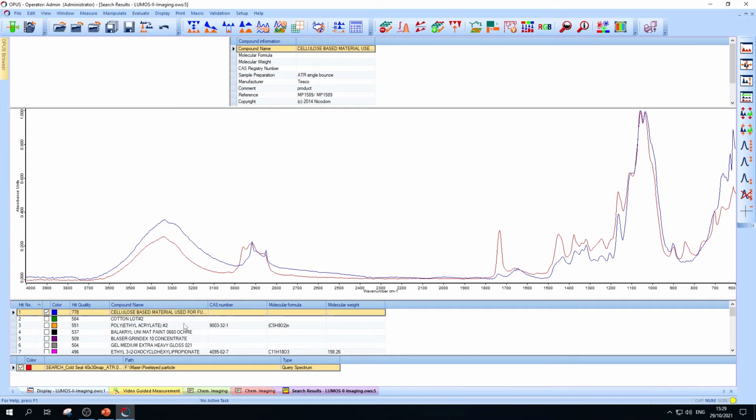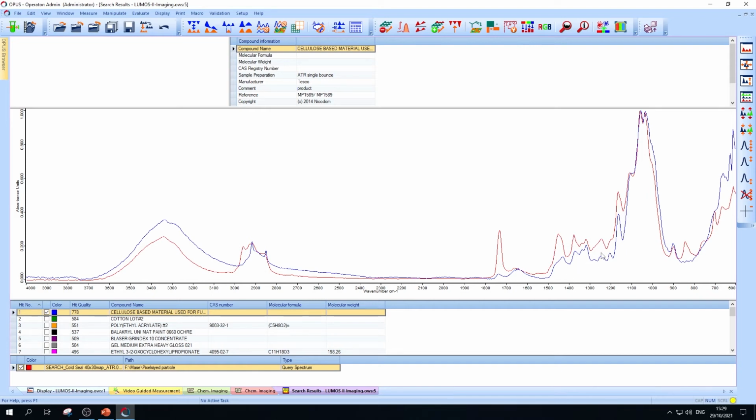Red is the measured spectrum. Of course, these are real spectra and real examples from the field, from industry. So therefore, we would not get polished spectra. This is a real life scenario. So the hit quality is maybe not as high as with polished spectra or demo samples, whatever. But in this case, we see a very good match of the blue library hit and the red measured spectrum.